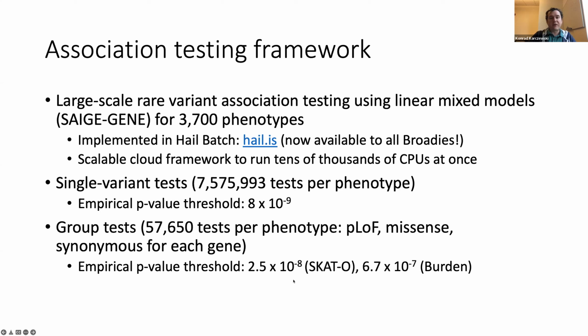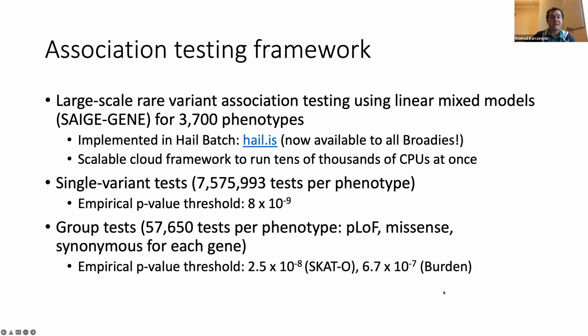To be very honest with you, at the current sample sizes where we're at, I don't find too big of a compelling reason to be running SKAT. I think the burden testing is getting us 99% of the way there, and knowing what I know, I would have probably run just burden tests. Although at the time there was no SAIGE-GENE implementation that only runs burden tests, that is coming sometime this year. It may already be out. I'm not sure. It was a feature request from a while ago, and I think the author of SAIGE has finally put it together. And that'll be great to use because that'll be way more efficient.